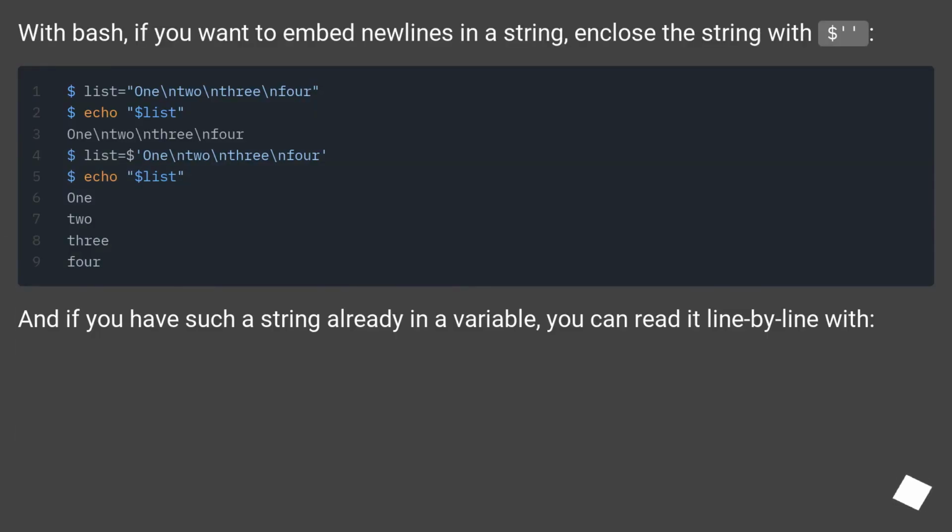With Bash, if you want to embed new lines in a string, enclose the string with $'. And if you have such a string already in a variable, you can read it line by line with